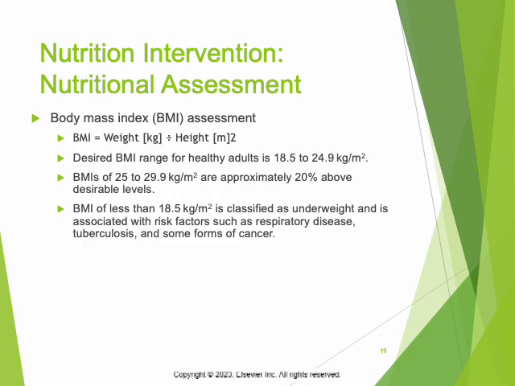BMI, or body mass index, is the ratio of height to weight, and it's been associated with overall mortality and nutrition risk. Many studies have determined that BMI is a good way to assess risk. However, there are also studies that have shown the opposite to be true. But currently, it is an accepted way to assess for nutrition